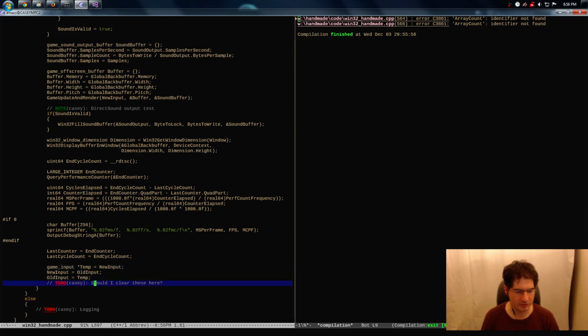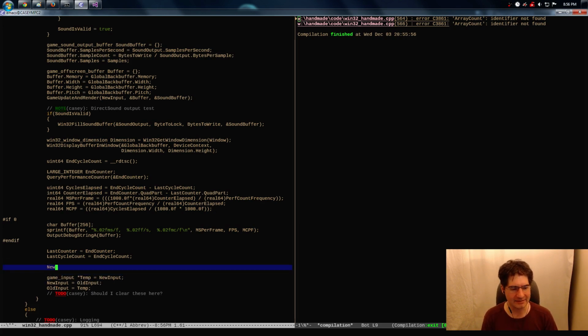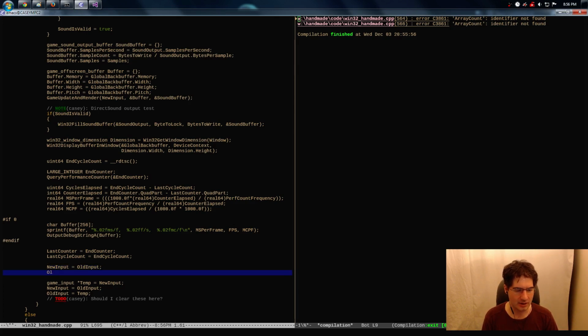Basically, we should have a function that does this. What I wrote at the bottom here was I wanted to basically just ping pong between two buffers. I wanted to use one buffer and leave the old one around, switch to using the other buffer so that it would leave the previous one around, so we'd always have access to the last buffer we used in the previous frame. So all I did was, I can't say new input equals old input, because now